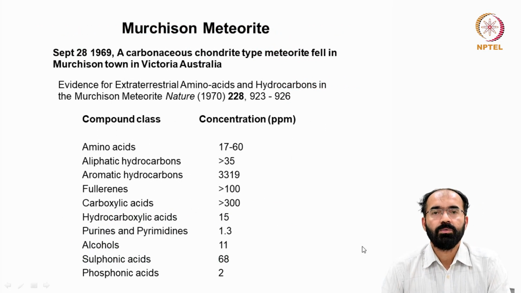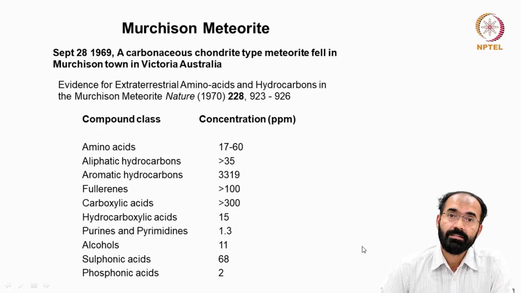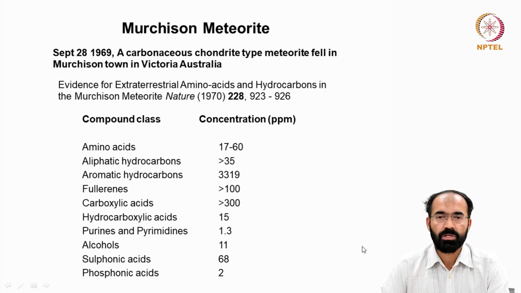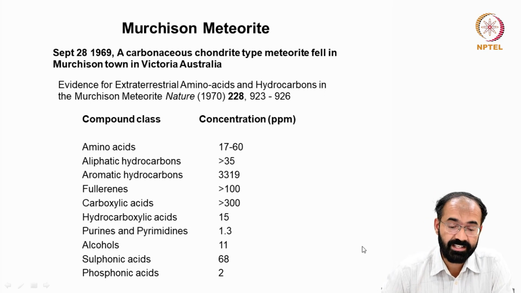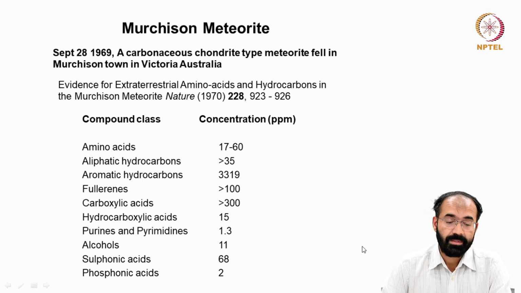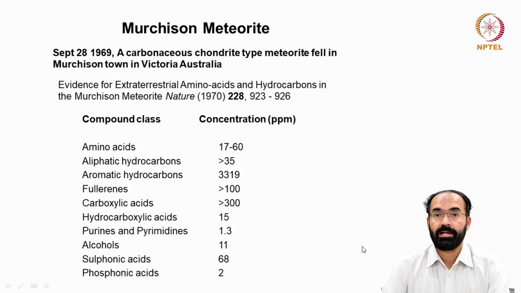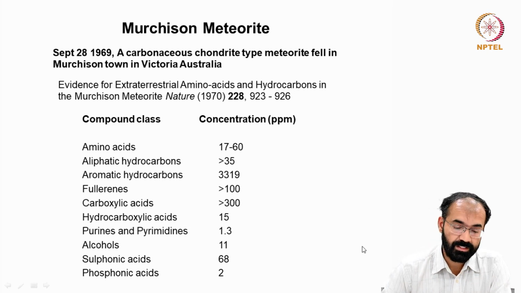So now coming back to another important piece of evidence, the Murchison meteorite. All of you know what a meteorite is. Meteorites are bodies coming from extraterrestrial planetary orbits. They fall, and one of the meteorite collisions is proposed to have caused the extinction of the dinosaurs roughly 65 million years ago. One such example is the Murchison meteorite, which in September 1969 landed in Victoria, Australia, at a place called Murchison Town. Usually meteorites burn out through friction with the atmosphere, but they were able to recover some leftover of this meteorite,